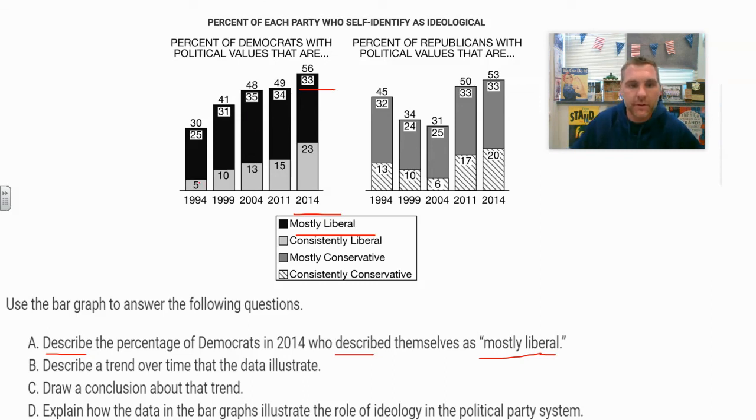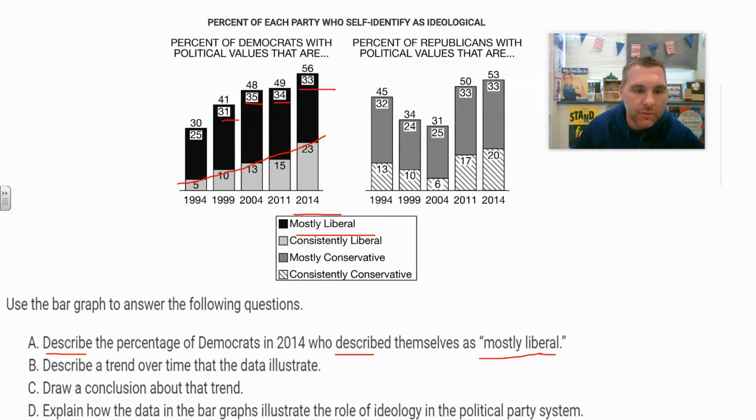B, describe a trend over time that the data illustrates. Well, one trend I can see is pretty telling. I don't know if I see too many trends here, a little bit back and forth. A big trend, though, is going to be that the percentage of liberal voters within the Democrat Party is increasing, right? Mostly liberal is somewhat going up in some ways. Even though we have like 34 here, 35 here, I don't know. This is a pretty tricky poll to read if we're looking at overall numbers, but there's definitely a percent of Democrats that are either going to be mostly liberal or consistently liberal. There's increasing numbers becoming more liberal, not moderates. Okay.